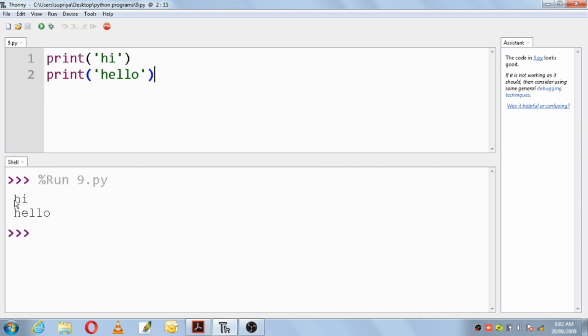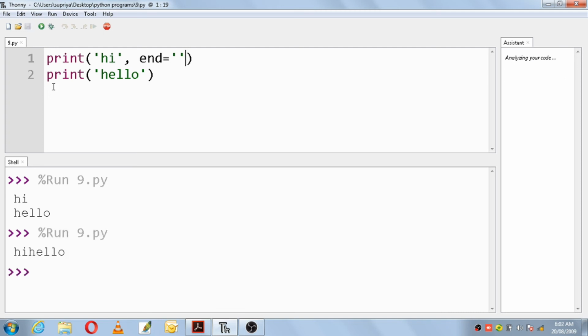But if you do not want this new line, what you can do is put a comma and make use of the keyword argument end. End is equal to an empty string. So what this will do is eliminate the new line for the next print statement. So Control S, F5. You will get the output here as hi hello, which has eliminated the new line character. So end will help you to eliminate the new line string.